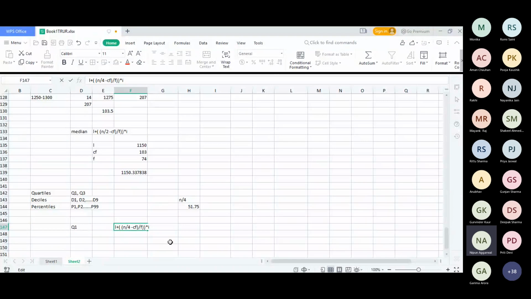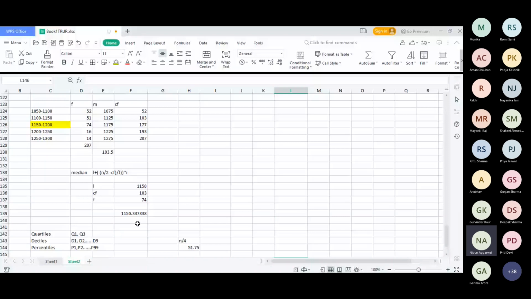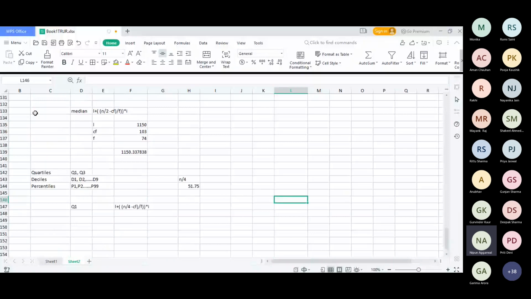becomes L plus, here it is n by 2, now it becomes n by 4. The only difference is that in case of the median it is n by 2, in case of quartile it is n by 4, and L is the lower limit of the quartile class we have found. So the quartile class we have found is 1050, so the L value is 1050